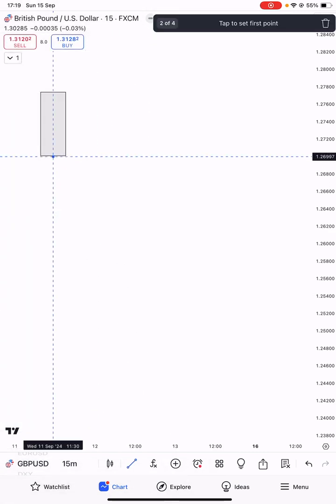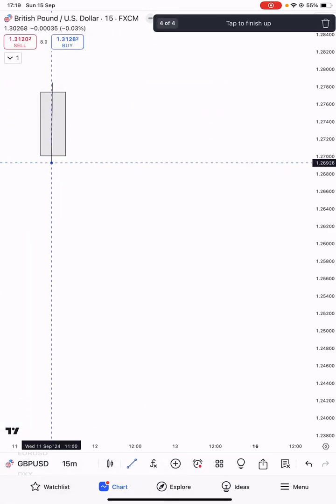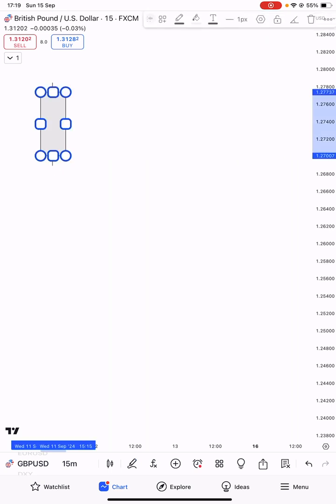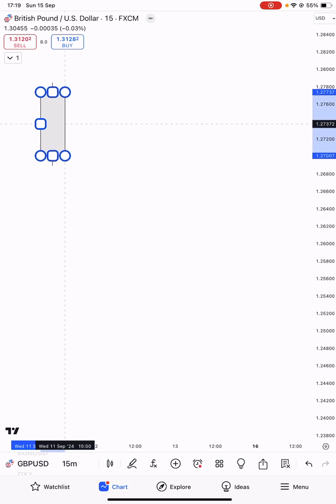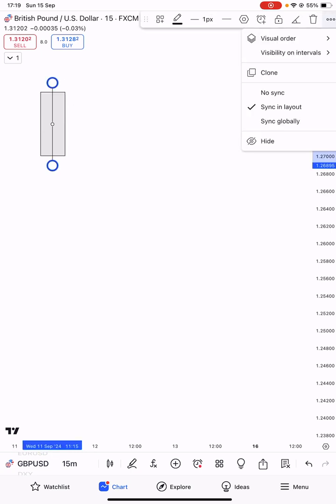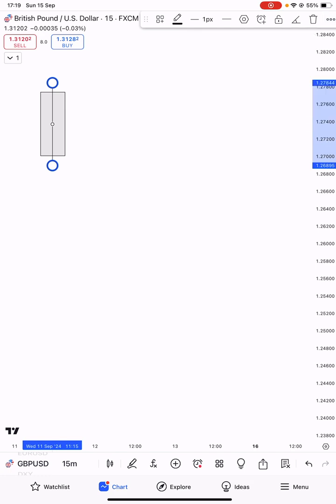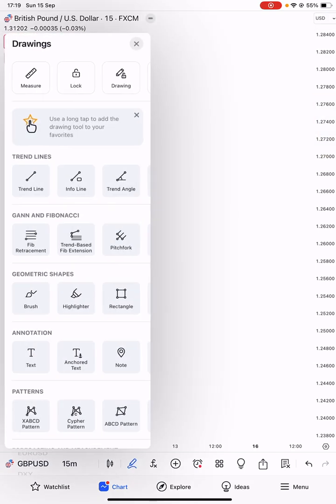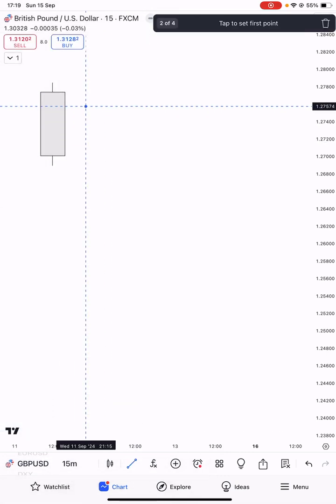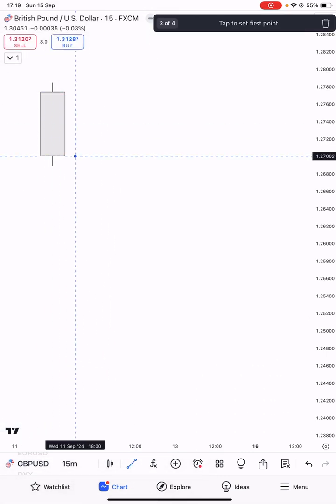Let's assume you have a week. Okay, you have a monthly candle, then you have Monday candle, then we have Tuesday,